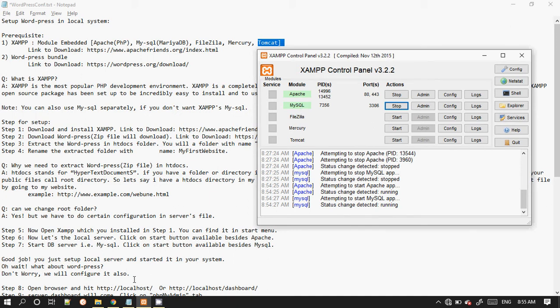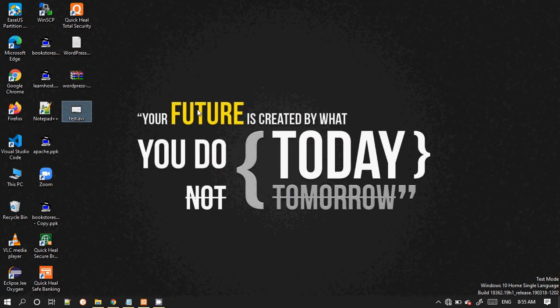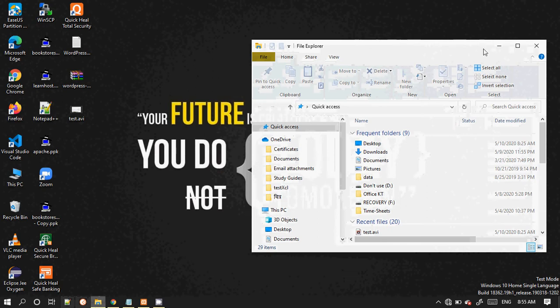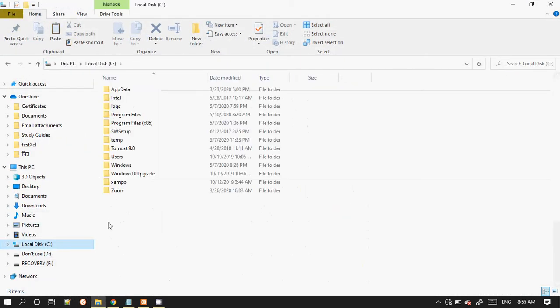So when you start the server, go to the WordPress bundle which you have downloaded from the link. I have downloaded it. It is WordPress 5.4.1. Let's copy it from here and go to the directory where you installed the XAMPP. I installed the XAMPP in C. So here you can see in my drive the XAMPP folder. Just go to it